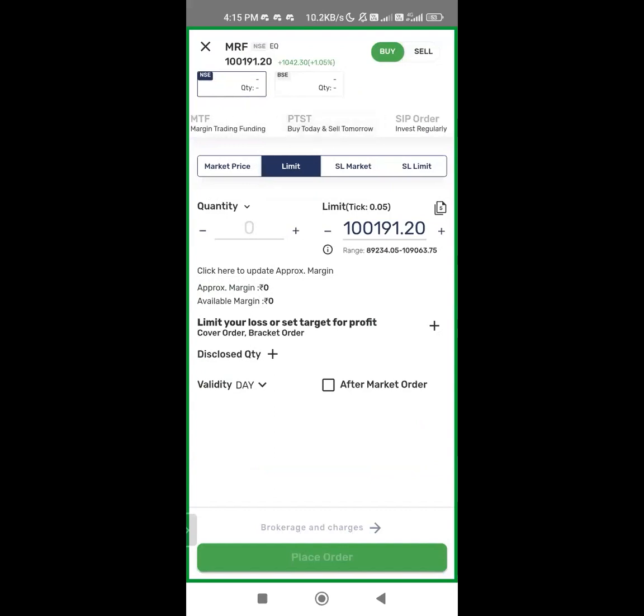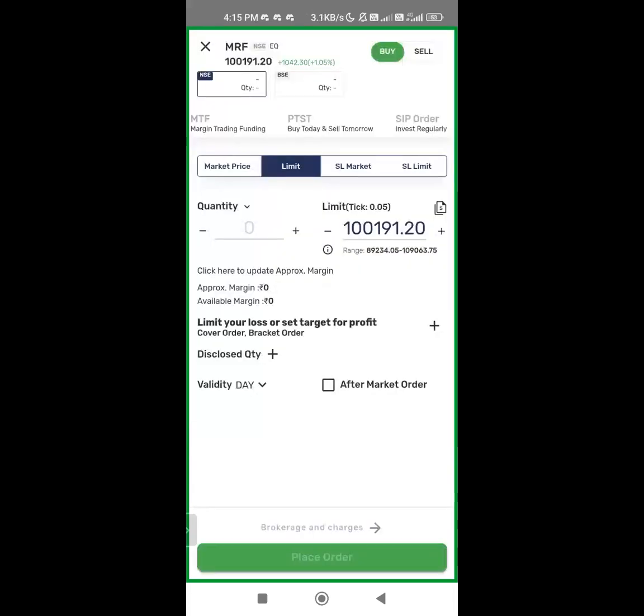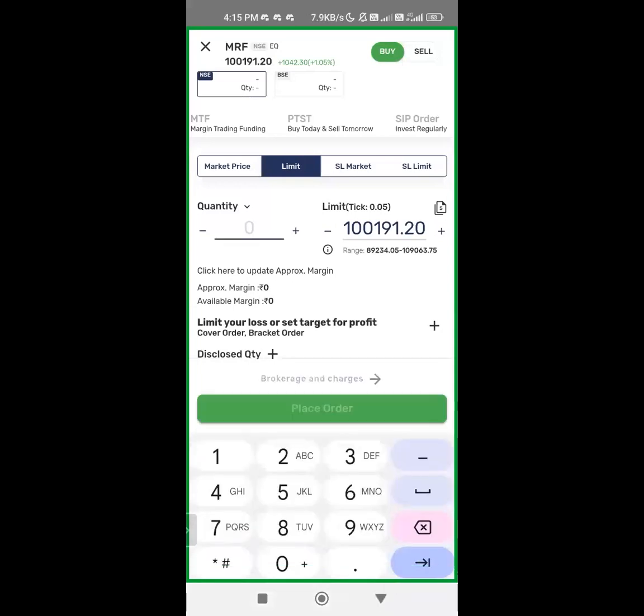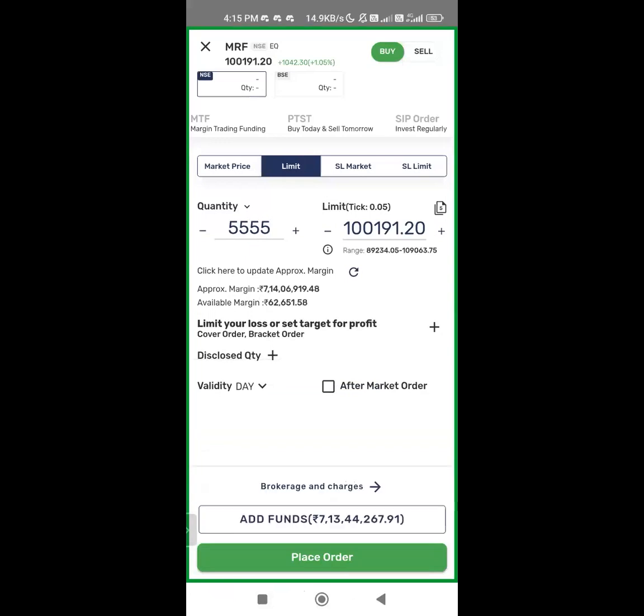You can go with the quantity, or you can go with the amount also. Like if anybody wants to go with 100 quantity, or I want to go for an amount of 20,000 or 50,000, I can go that way also. The moment I enter the quantity, it will show me the approx margin and the available margin. You can see the approx margin required for the trade to happen is